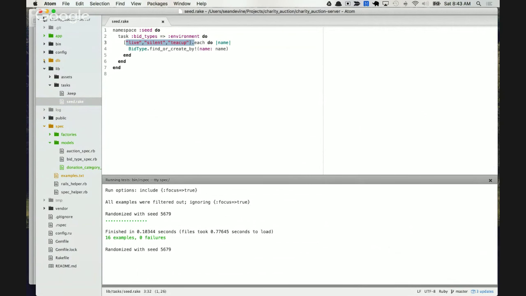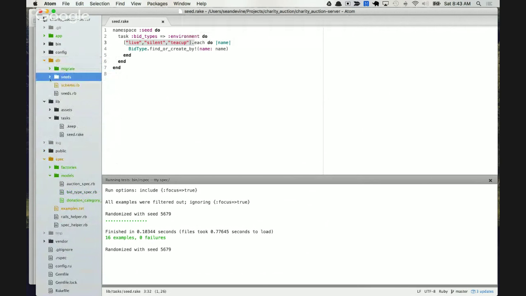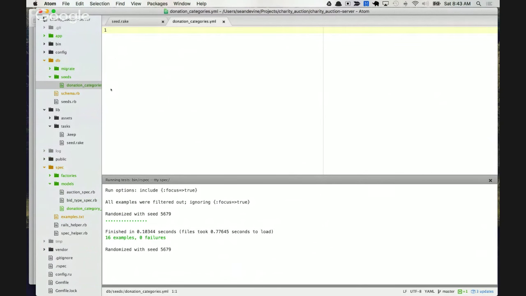What I'm going to do is in the database folder, sometimes I put another folder called seeds. And then I'll add one, which is donation categories.yaml. Now, I am completely incapable of remembering what the syntax is for YAML ever, so I may have to refer to that. But all I'm going to do is